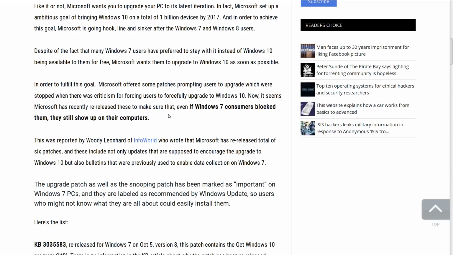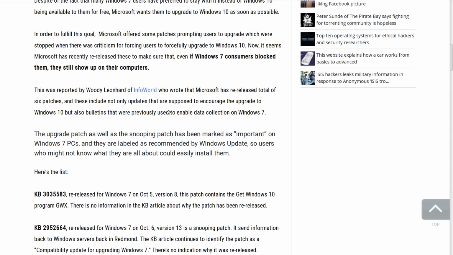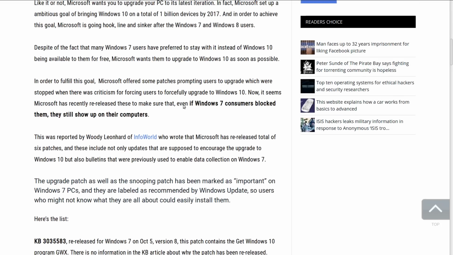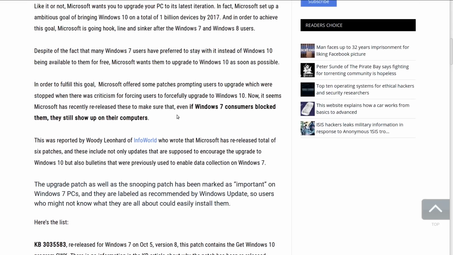Now, I will admit that some of the language in this particular article is inflammatory and a little bit over the top. However, I do agree with the writer in that he says that this was an invasion of your privacy, and it's something that Microsoft does all the time.